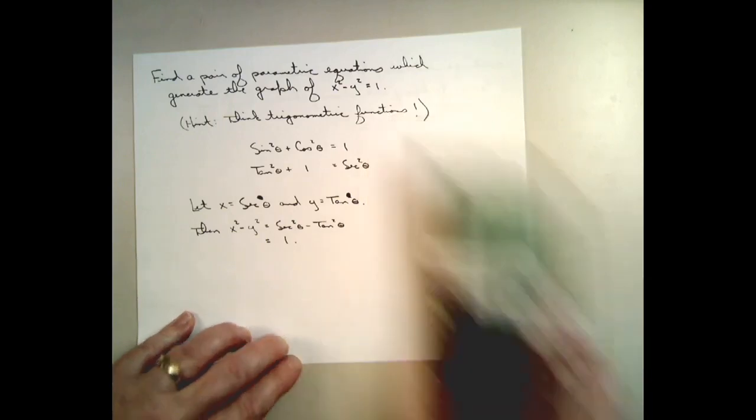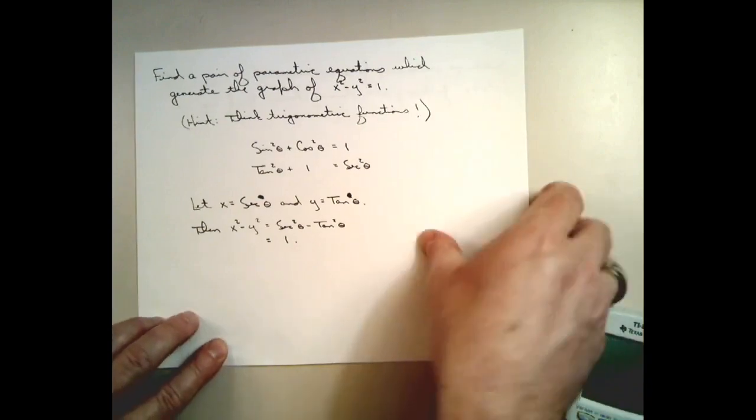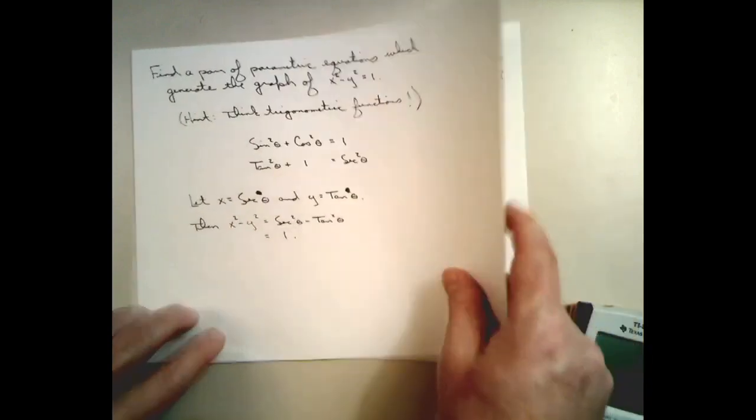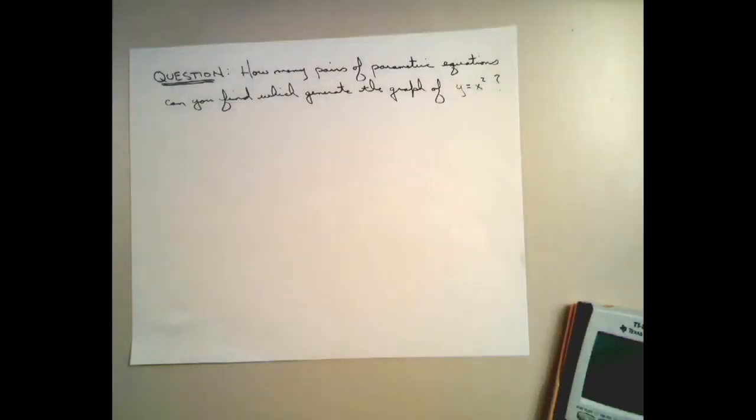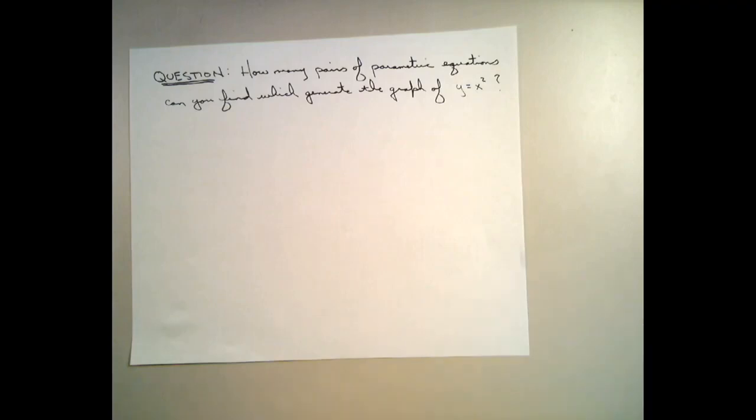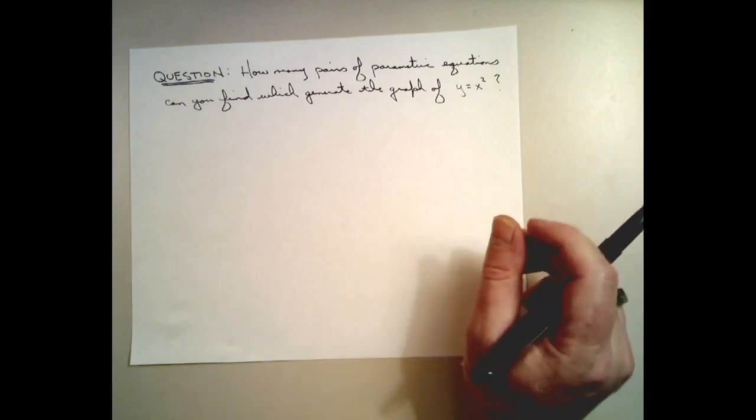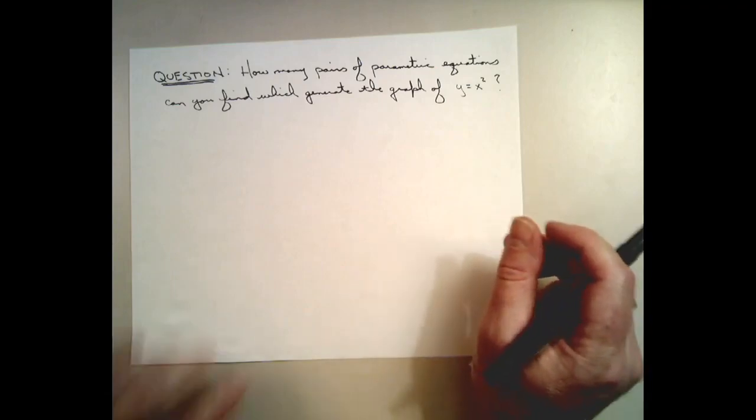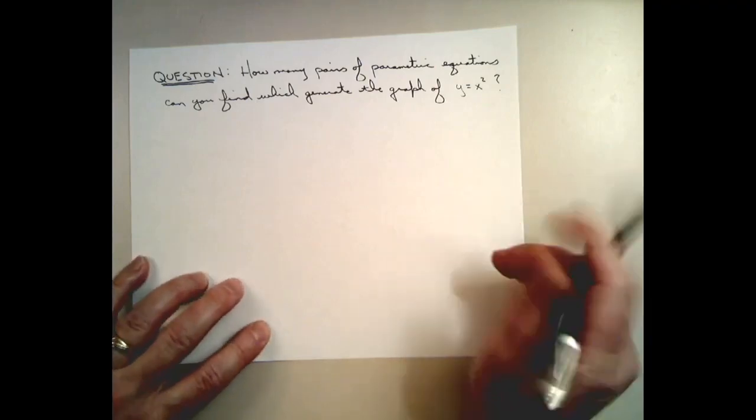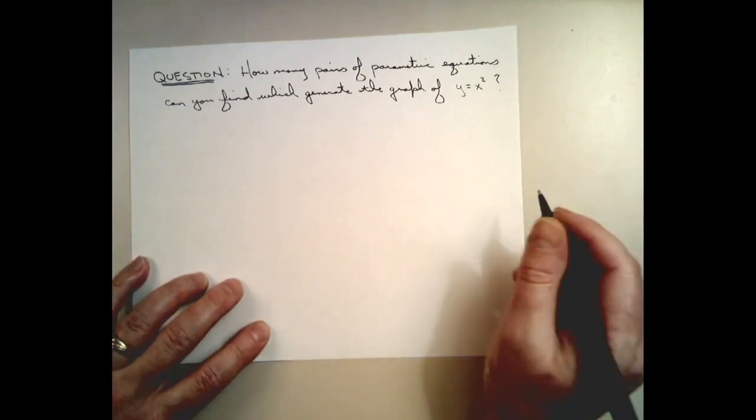Okay, let's continue. I'd like to end with a question. How many pairs of parametric equations can you find which generate the graph of y equals x squared? Well, I'll tell you what, let me write down the most obvious one that I can think of,